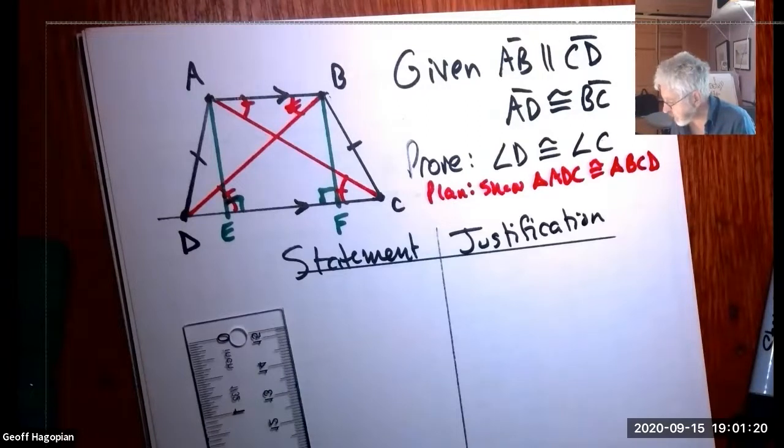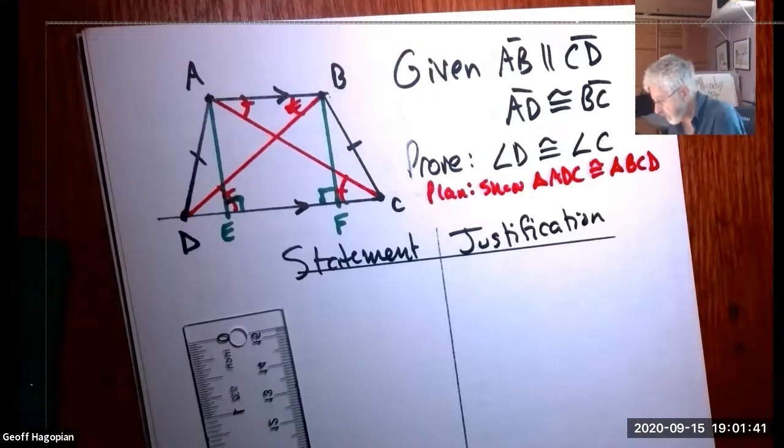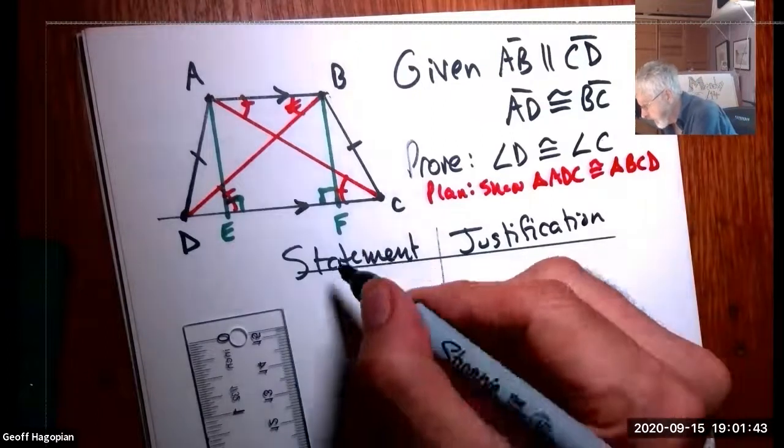Well, they're both the distance between parallel lines, right? And so they're both equal to the distance between those parallel lines, and so they're equal to the same thing. Things equal to the same thing are equal to each other. Okay, let me try to spell this out. So we're given AB